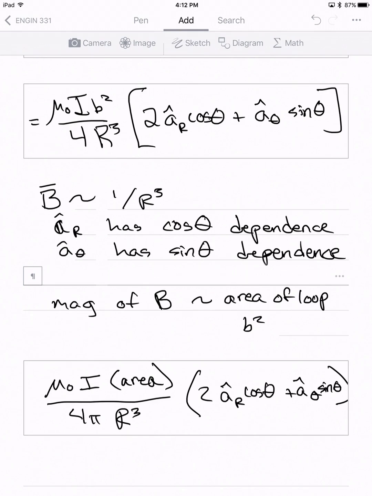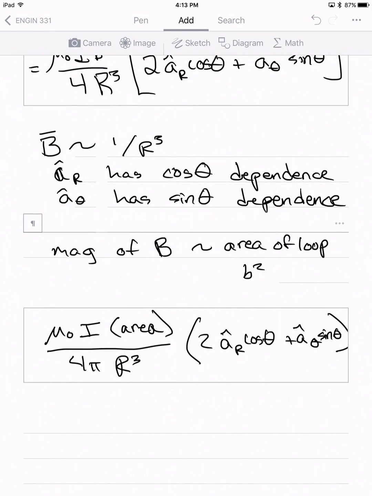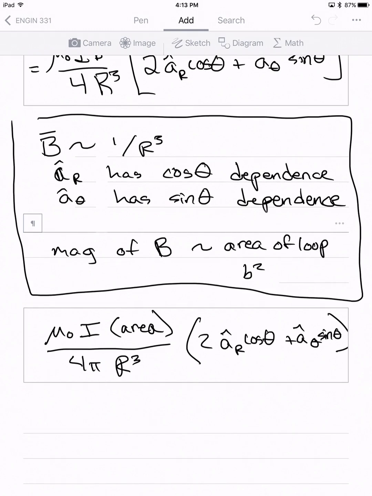All I did there was substitute in pi b squared, which is the area of the loop, and then I added another factor of pi on the bottom to cancel all that out. So those are some key things about the magnetic